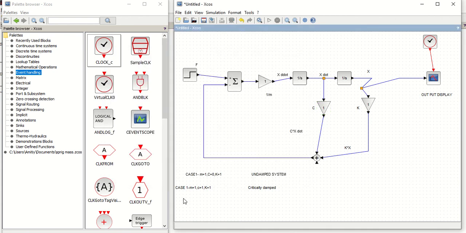Now let's take our third case, where I am taking mass same, and the value of C more than 1, let's take 1.5, and K is equal to 1.